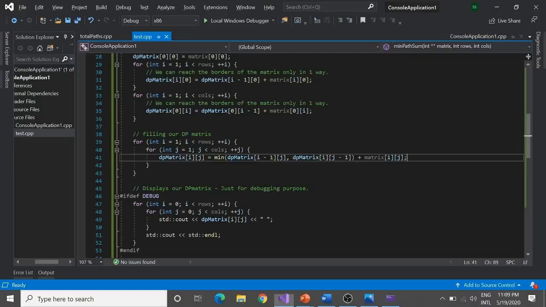So the same thing I have done over here. What is this? It says i minus 1 comma j. It says that in the same column, just go back one row and tell me what the min cost path to reach that cell is. And what does this say? That in the same row but the previous column, what is the min cost path to reach that cell? Then I have taken the min of them. And what would I be adding to it? I would be adding matrix of i j.